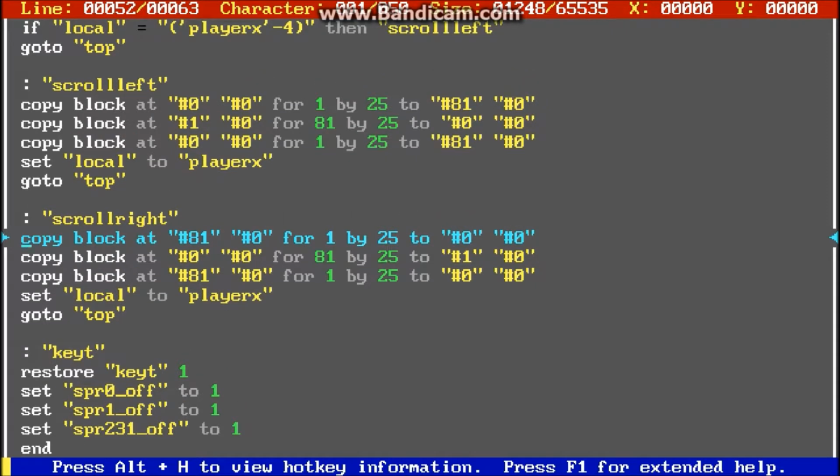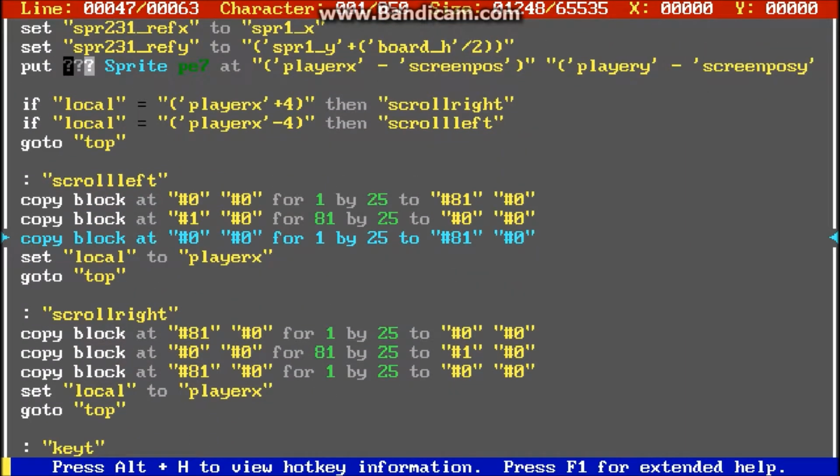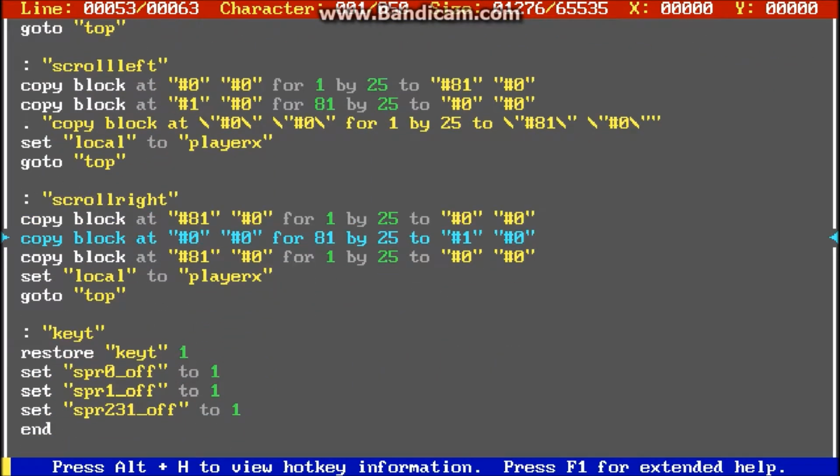Basically, you need that last operation to always be copying the blocks from the left edge to the right edge. I'm not explaining that very well. I'll show you what it looks like real quick. So if you don't have this line in here,